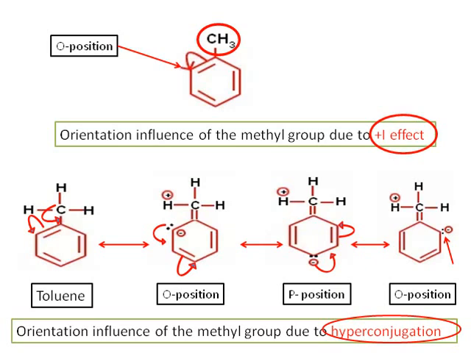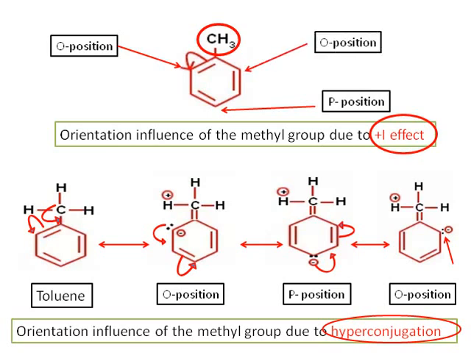why this aromatic compound will undergo electrophilic aromatic substitution. So if a plus I effect group is present, then what happens? The electron density increases at the ortho and the para position in this way. So this is the para position and this is the ortho position. There are two ortho positions in a benzene ring, both are identical, and there is one para position. Para position means 1,4 positions.